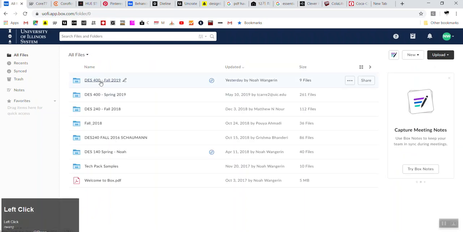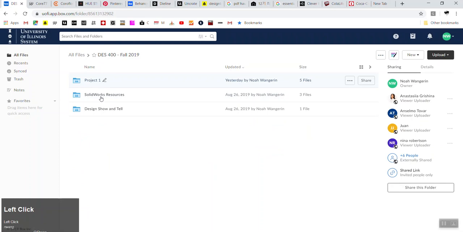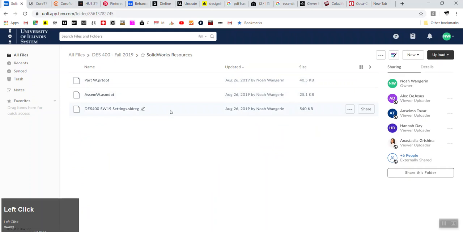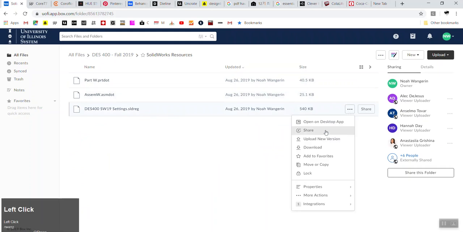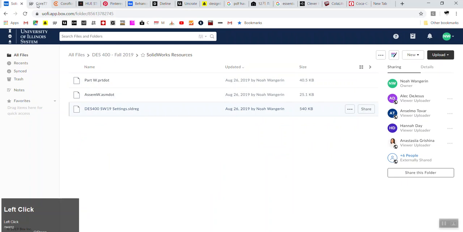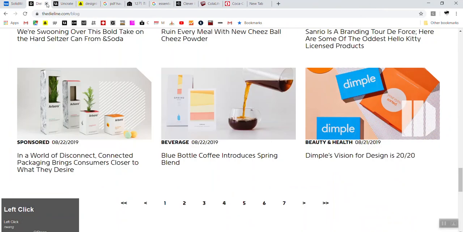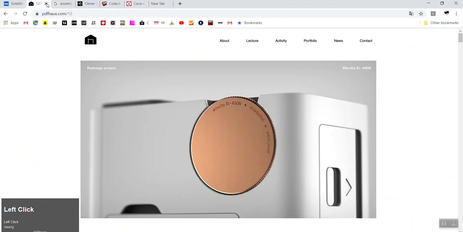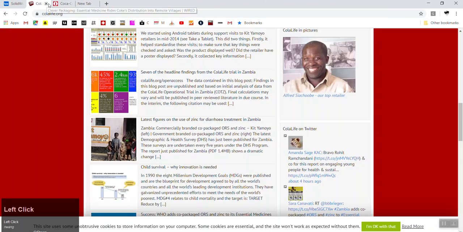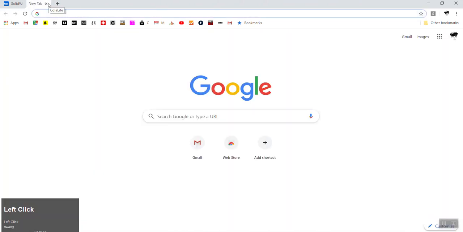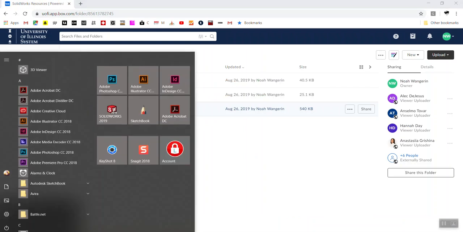We'll go through it. Basically, you want to go to SolidWorks resources in the Des 400 Fall 2019 folder. And again, just please download this file. Maybe you've already done that. Click on three dots, download. I'm just going to close all of these things. All right. Now, once you have it downloaded, if you want to go ahead and launch SolidWorks,